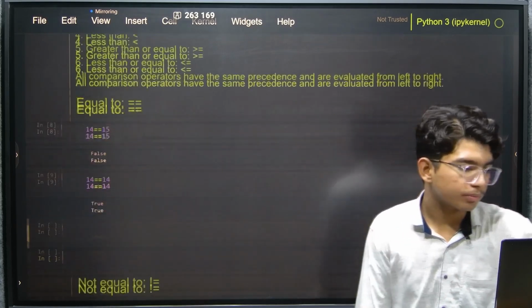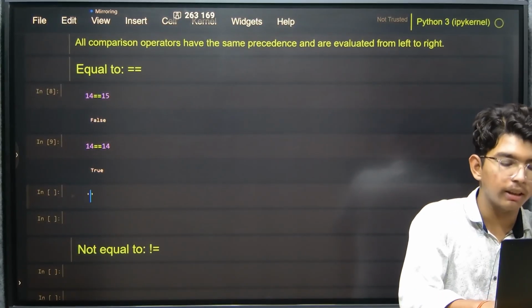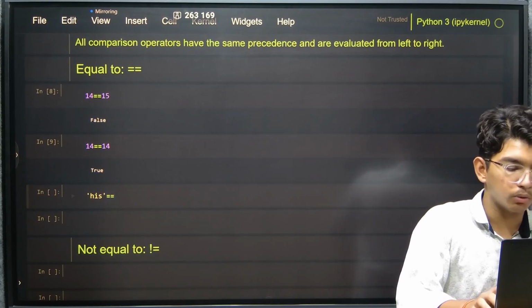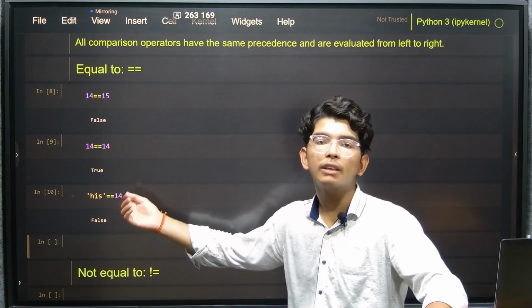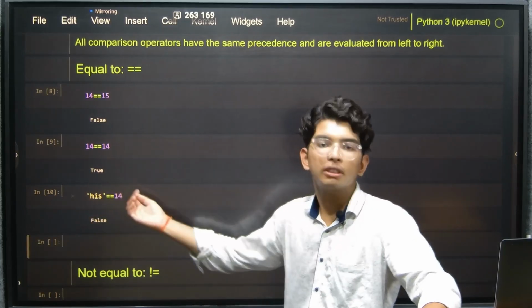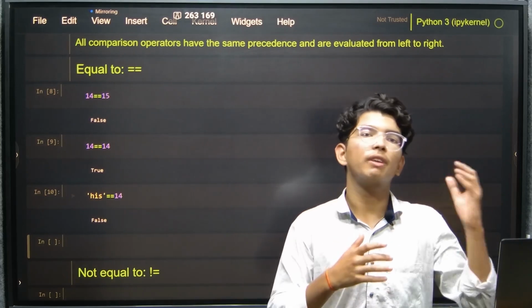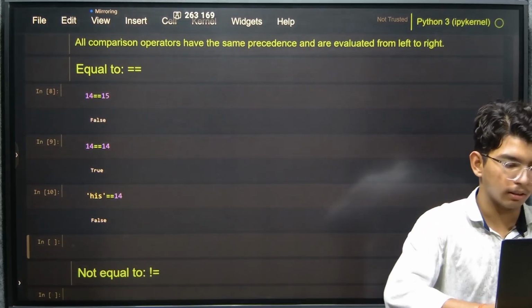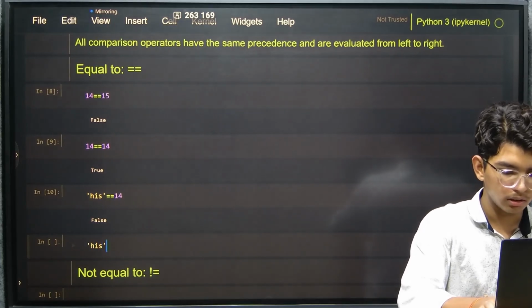Now if I do something else, like use a string here, "his", then equal to 14, what I get is the answer false, as this is not equal to this. It is just a simple operator to compare whether two values are equal or not, so don't worry about anything else. Now if I use the same string here, "his", then